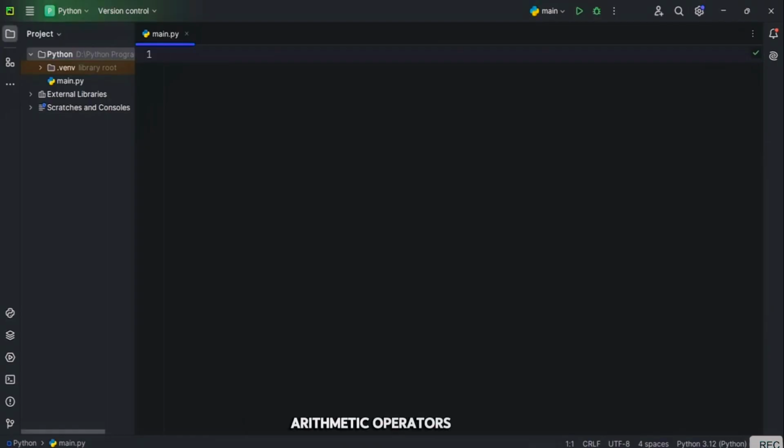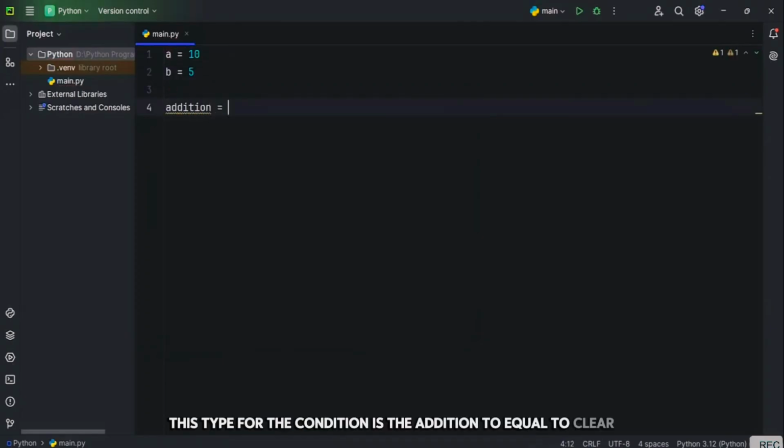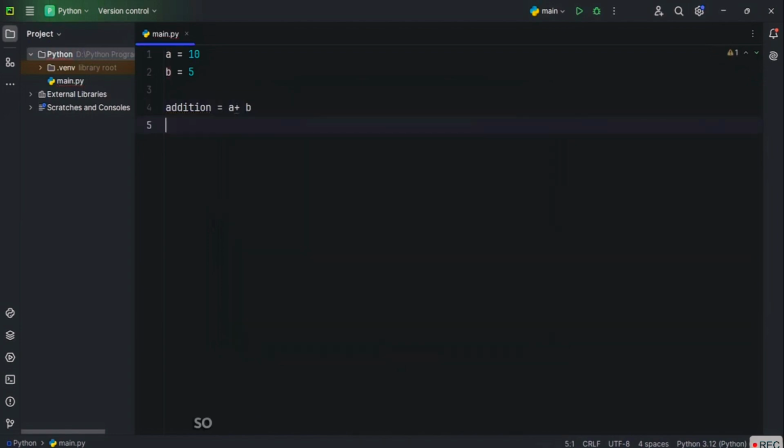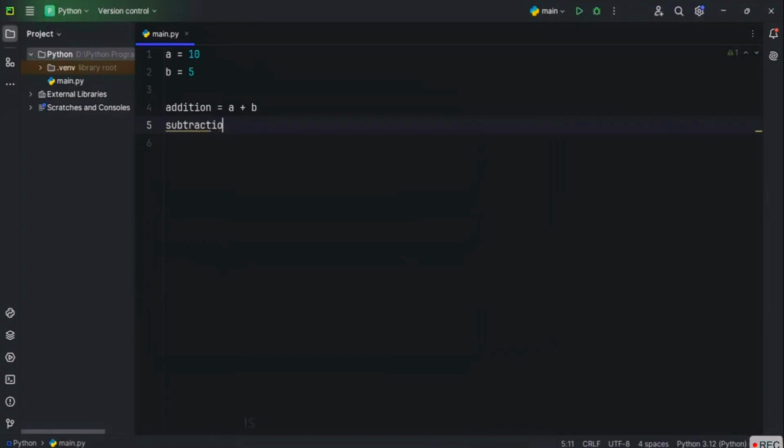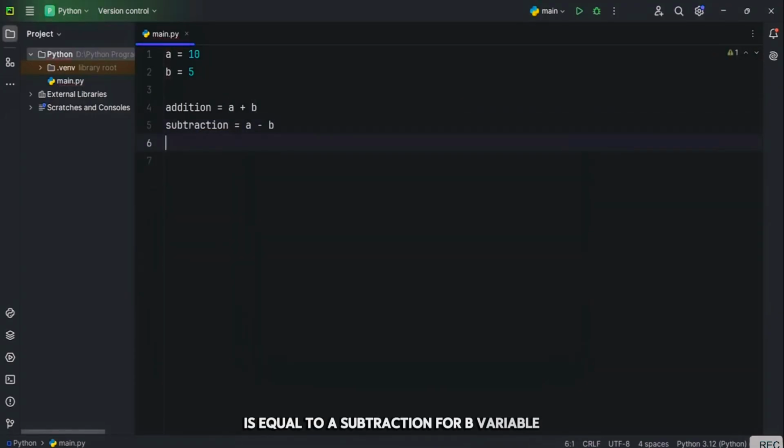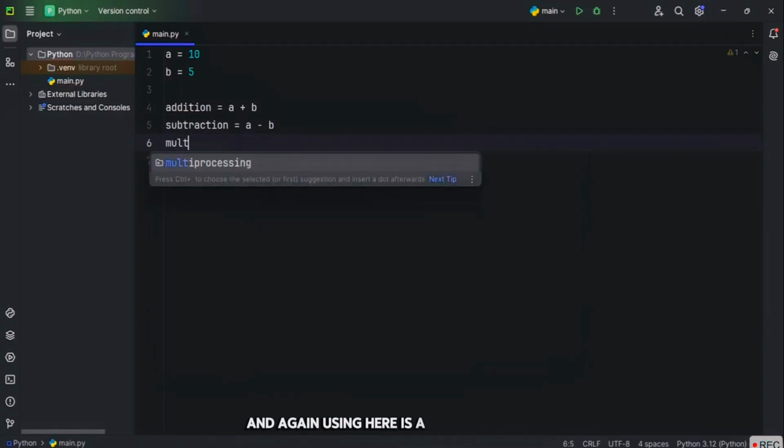Okay, so now, first of all, here I'm applying arithmetic operators. So now here, first type the variable a is equal to 10. Okay, then define the b variable as 5. And now here type for the addition, is equal to a plus b. Okay. So here I'm just using a space because it is the next step. We have to type for a subtraction, is equal to a minus b, and again using here a multiplication. Okay,